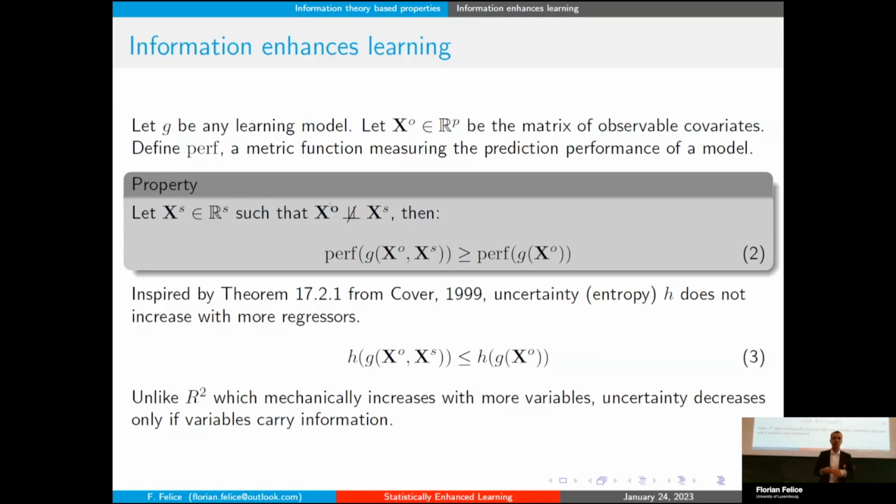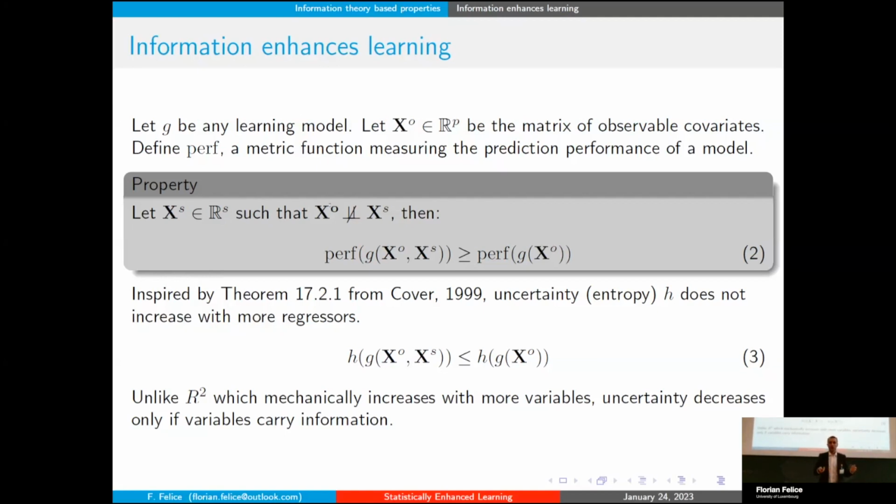And so what we say here is that when we add new variables to the model that we name XS, with the S for SEL, Statistically Enhanced Learning, the performance will be improved by adding those additional variables. And the performance will be improved as long as the variables that we add to the model are relevant and still carry information, meaning that they are not independent from the other variables we are already measuring.